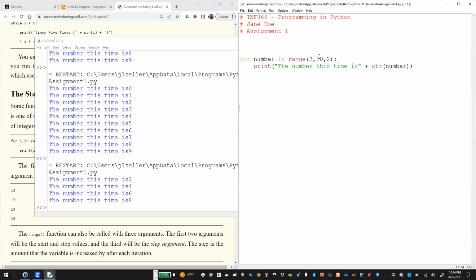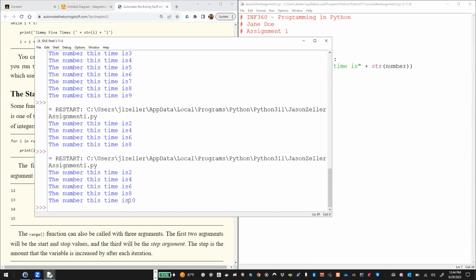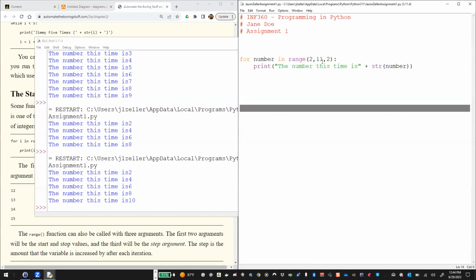If we wanted to include 10, what would we have to adjust on the range? Go to 12. What would include 11? So you have to put the 10 to 11, right? Well, it's going by 2s. So we're starting at 2. We wanted to include 10. So if we put 11, that would get us our 10, right? There we go. All right. So you always have to go 1 higher than what you're looking for because it goes up to, but does